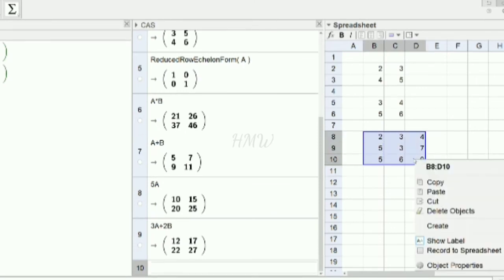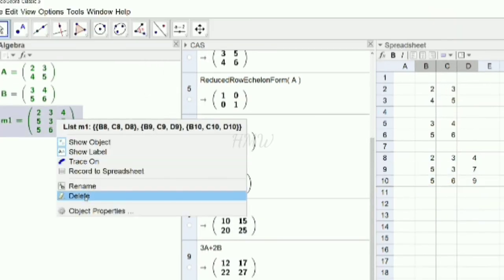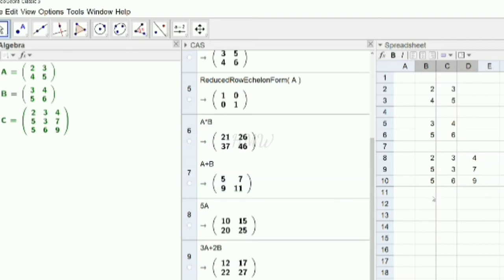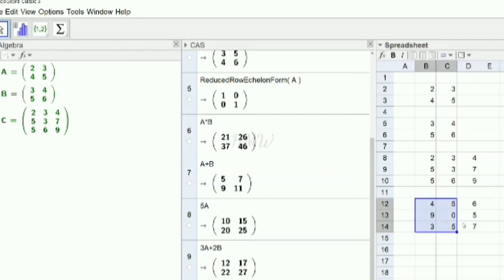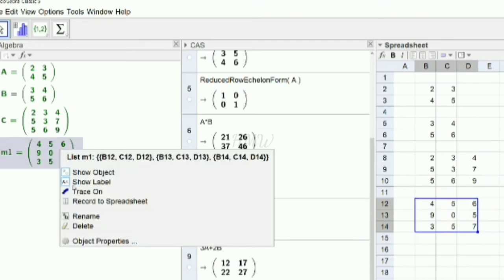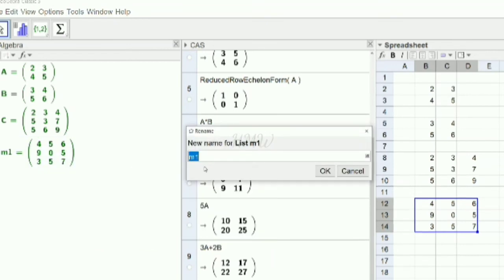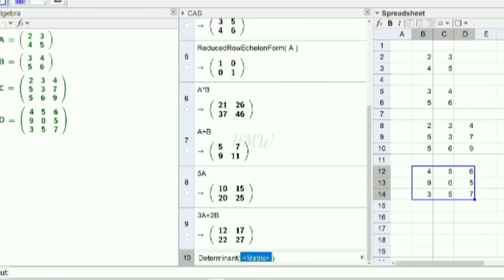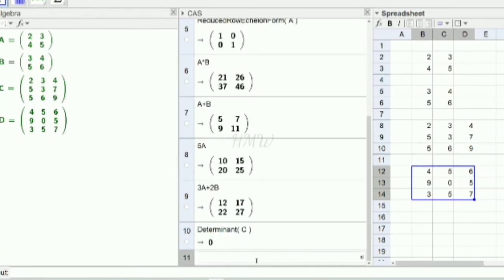So select this, right click, create matrix. You can rename the matrix as matrix C. Give another matrix and rename this as matrix D. Now you can find the determinant of matrix C. It is 0.